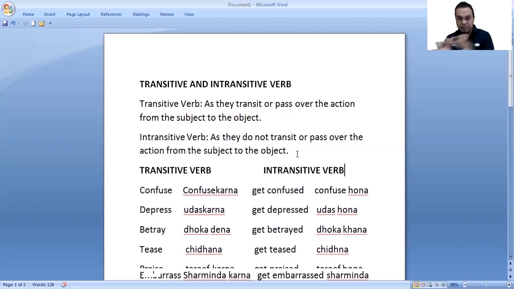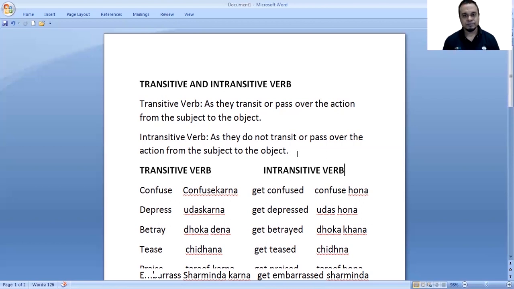The action doesn't pass from subject to an object because the action ends to the subject itself. For example,